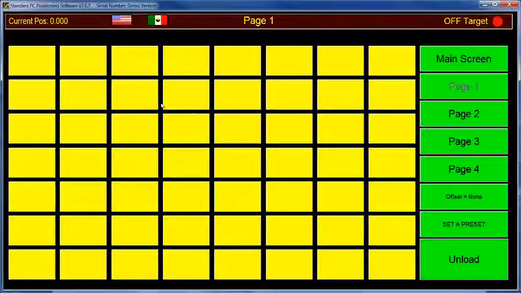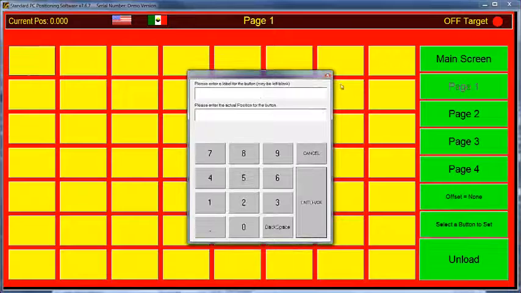The preset screen, these are hotkeys that you can define. To define one, you can notice there are 4 pages and each one has 56 buttons. To set one, you click Set a Preset, click a button, type in some text, and then type in a value,